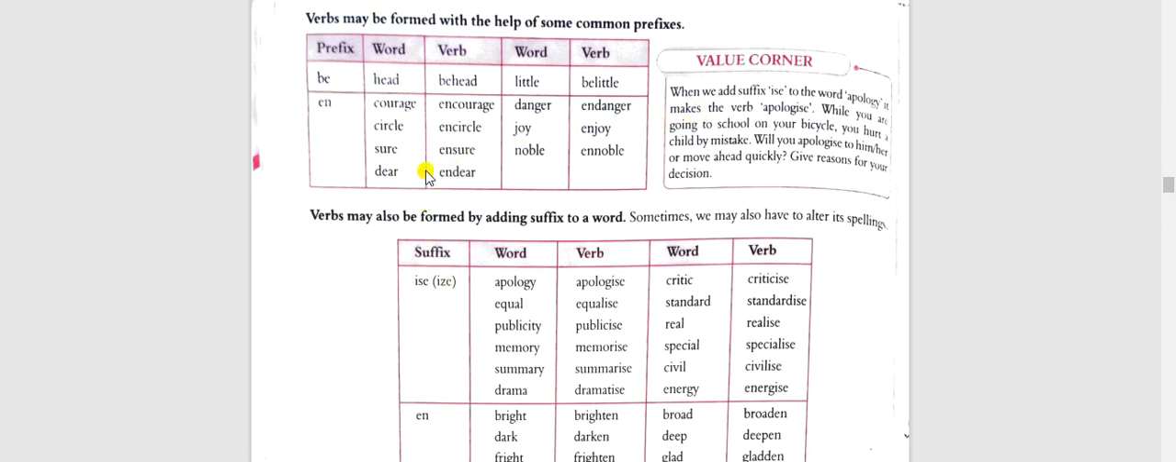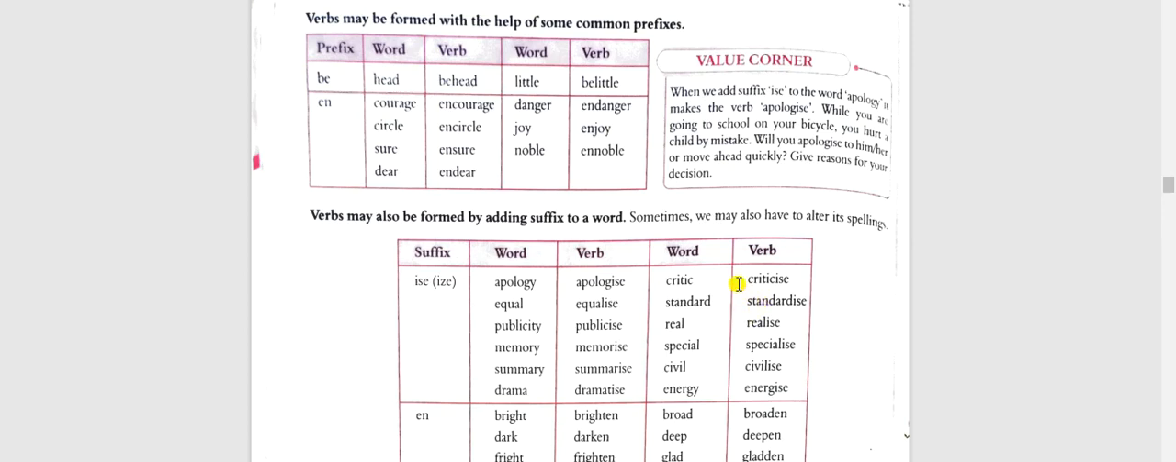now we have a box. Verbs may be formed with the help of some common prefixes. So these are the common prefixes. This is the prefix, this is the word, and then this is the main word which has been changed and which has been highlighted. So en is the prefix. When it gets added to courage, it becomes encourage, and when be is added to head, it becomes behead. When be is added to little, it becomes belittle. When en is added to circle, it becomes encircle. When en is added to joy, it becomes enjoy, ennoble, ensure,